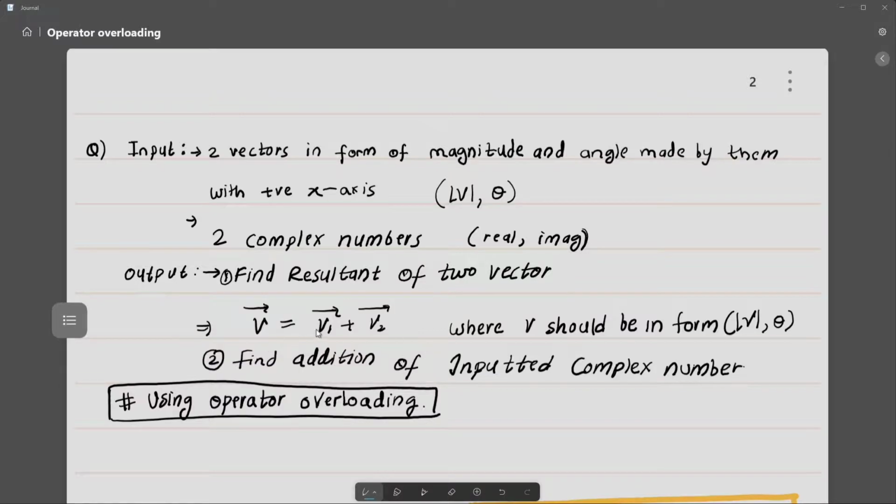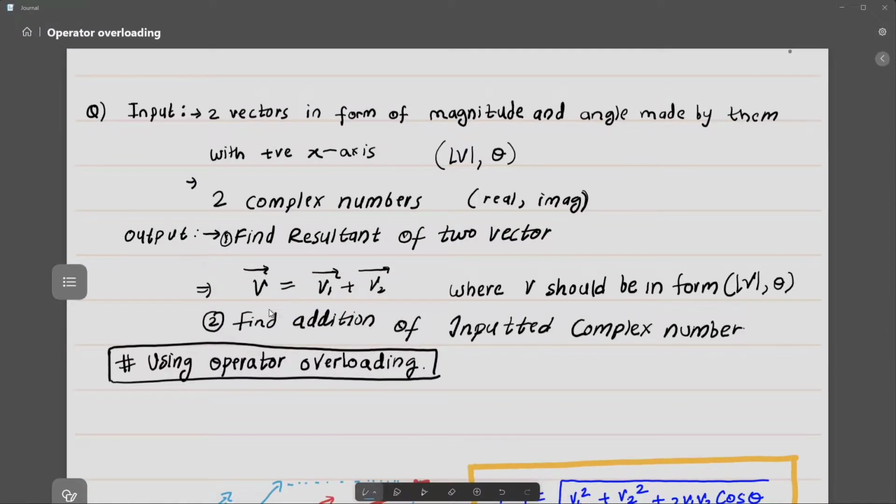There will also be two complex numbers in the form real comma imaginary, and the output will be just the addition of the two complex numbers. You have to perform this using operator overloading. So let's solve this problem.